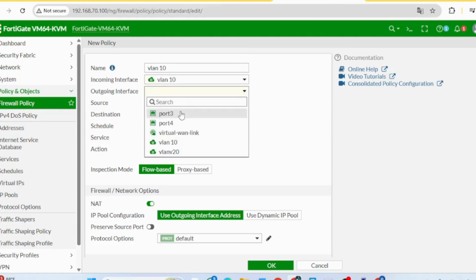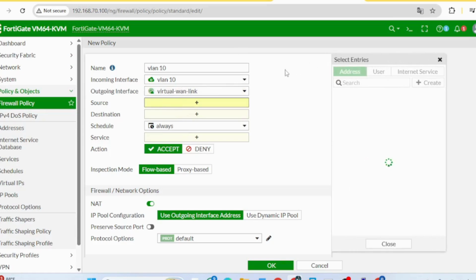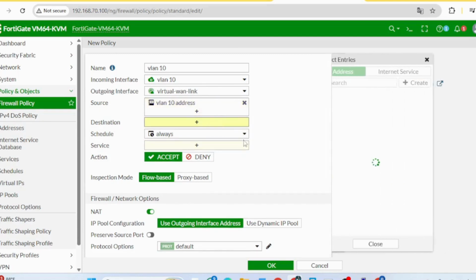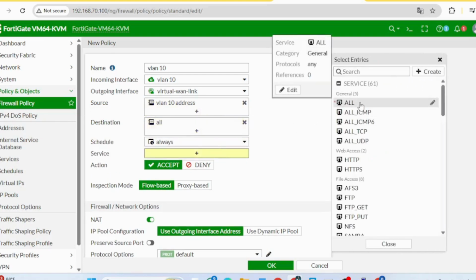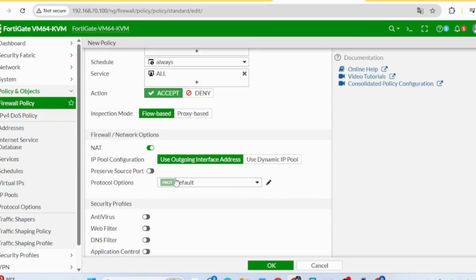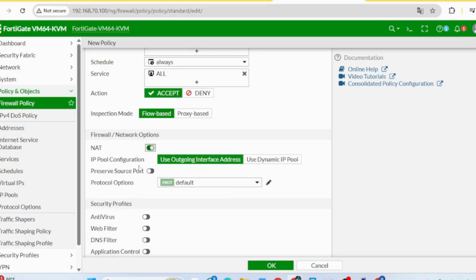The source should be VLAN 10 address with the destination of all, and the service we're going to use will be all. After I accept, there should be okay for us. Turn off the NAT or turn on. Why should I? Whatever. We just turn it on because default allows better.